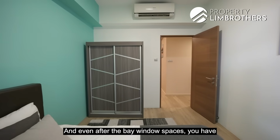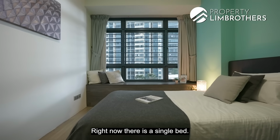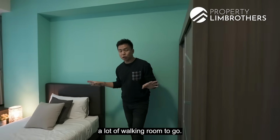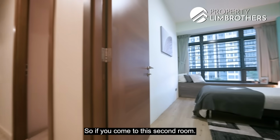And even after the bay window space, you have such a great amount of depth. Right now, this is a single bed. You put in a queen bed, you still have essential wardrobe space and a lot of walking room to go. Now the ACs are also all new. So if you come to this second room,